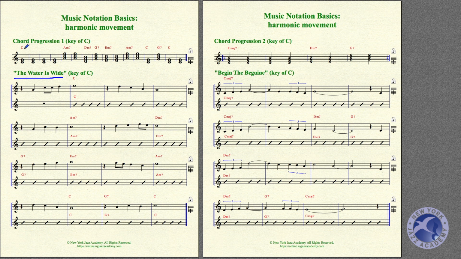I want you to notice that every single one of these chords, the C, the A minor, the D minor, the G7, and the E minor, are all part of the key of C. And we've seen all of these chords in the last topic on modes and why modes matter. So this is a perfect example of why modes matter, because when you combine them together in the key of C, moving from the 1 chord, which is right here,